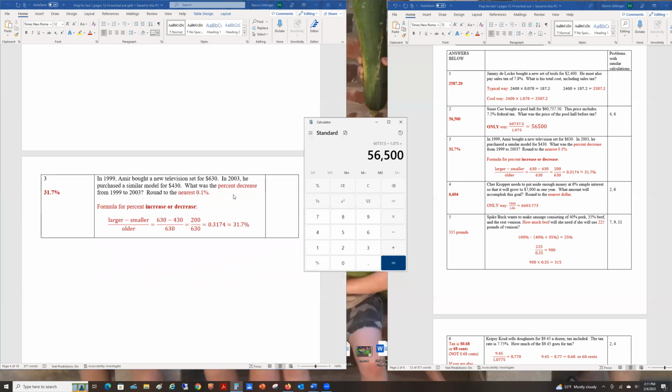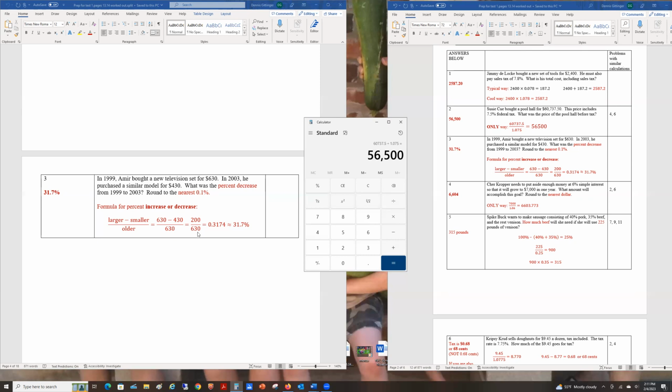This problem is a percent decrease problem because the price went in 1999 from 630, but 4 years later it went down to 430. Now, this is the same formula whether it's a percent increase or decrease. You subtract the two, the smaller from the larger, and you divide that by not the big one, the little one, the older one, the original one. So that's what this is. This $200 difference is $200 less than the old price, which means it's a percent decrease,